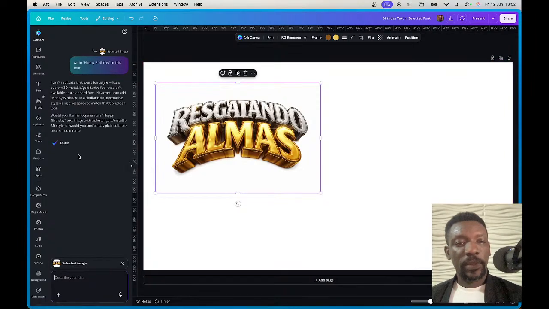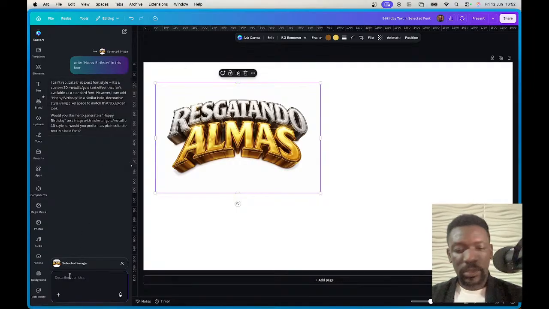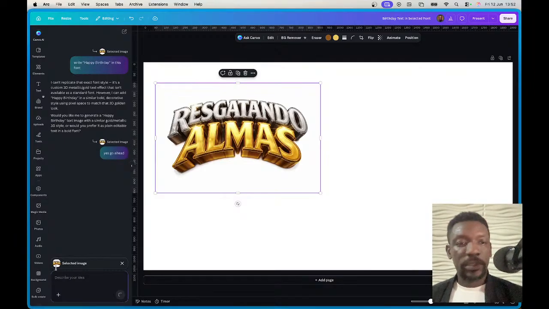Okay. I can't, it's a custom 3D metallic text. Okay. Would you like me to generate happy birthday text image with a similar gold? Okay. Yes. Go ahead. I think it's trying to tell us something about infringing on copyright or something like that,